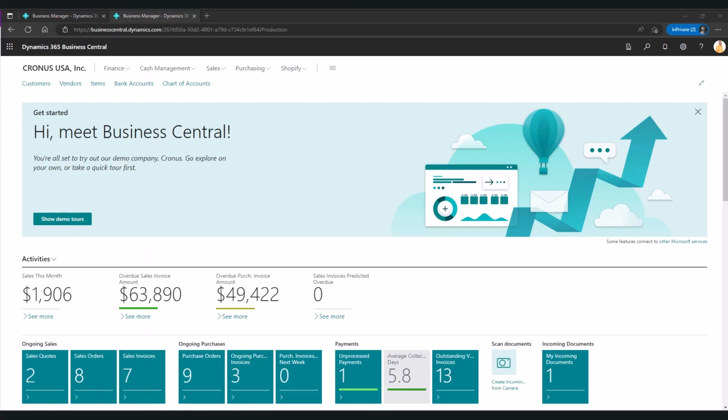Now, Alan is choosing to access Business Central from Microsoft Edge, but he could use it with the browser of his choice, whether it's Firefox, Chrome, Safari, or even one of the apps that's in the iOS store or the Google Play Store. When Alan first logs into Business Central, he'll be taken directly to his homepage, which is called